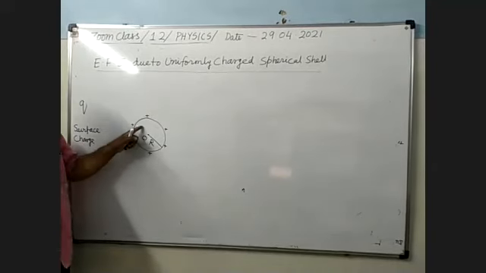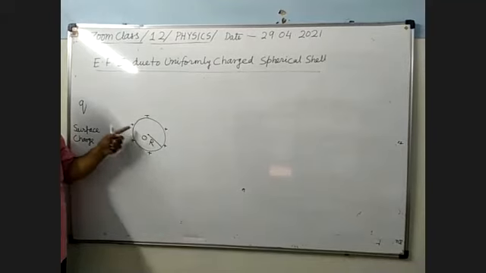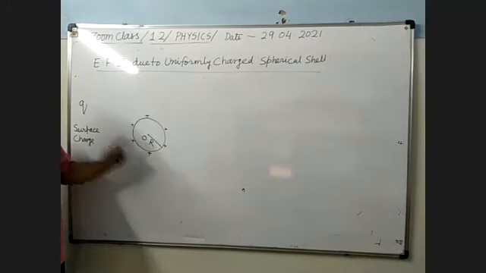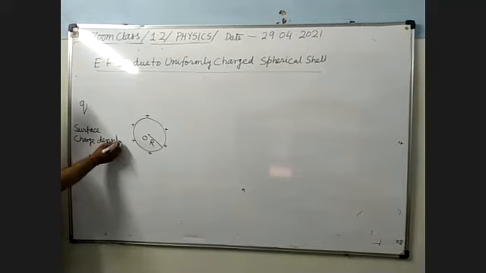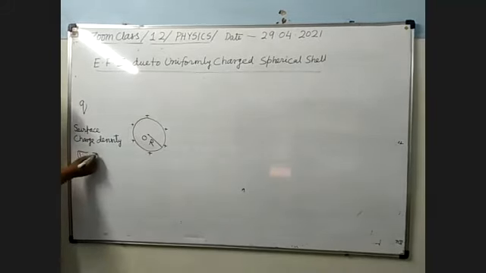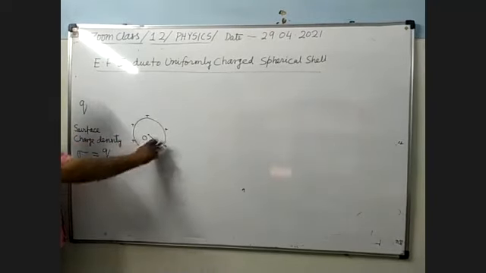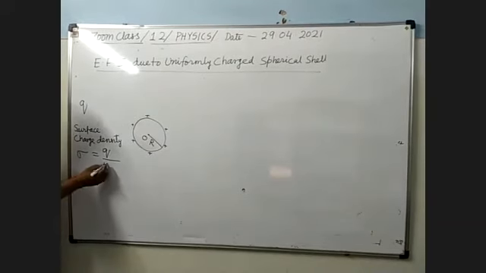Charge cannot reside inside it. Why? Because there is no material. Charge तो किसी पार्टिकल पर ही होगा और अंदर कोई मटेरियल है ही नहीं, तो अंदर कोई चार्ज नहीं होगा. Whole charge will be only on the outer surface. So what will be the surface charge density? Who can tell? Surface charge density sigma equals Q upon this surface area. And what will be this surface area? 4 pi r square.